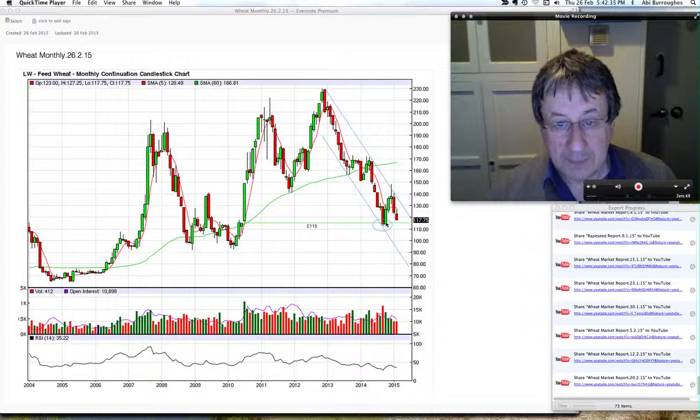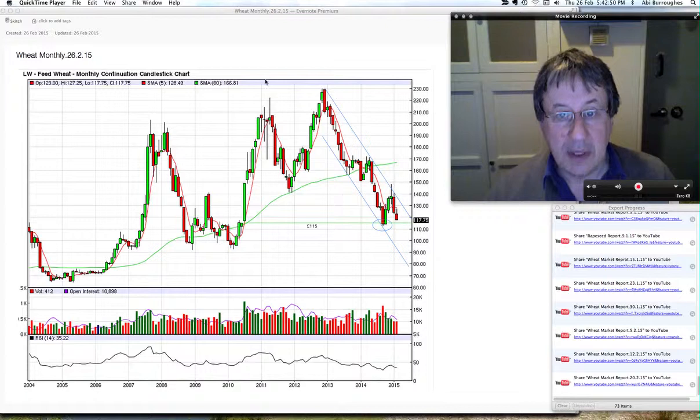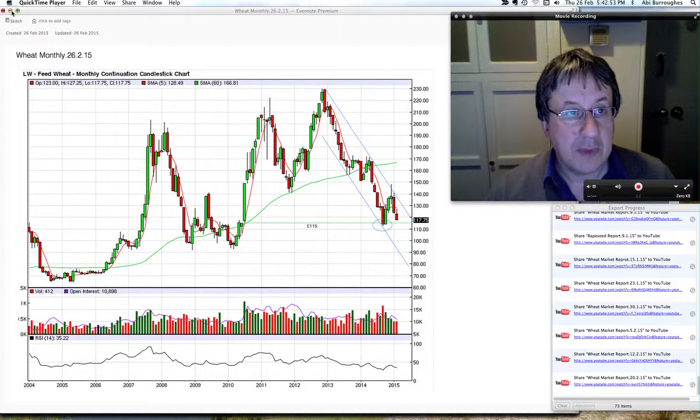Obviously, if this doesn't hold 115, we've got a sloping downward channel here. Next support doesn't come in until about 110, £100 a tonne or £95 a tonne. So we just pop down into the weekly chart,